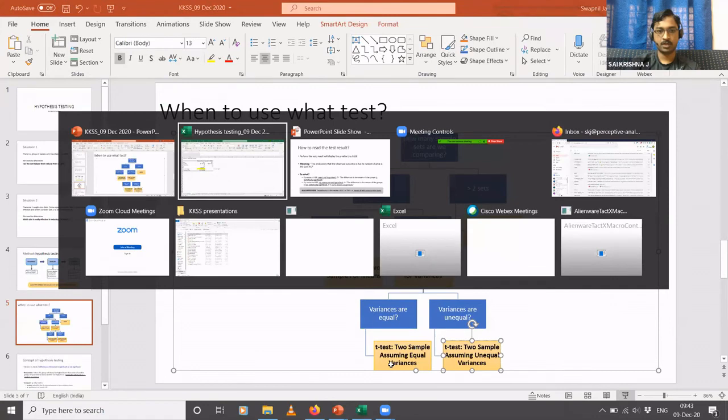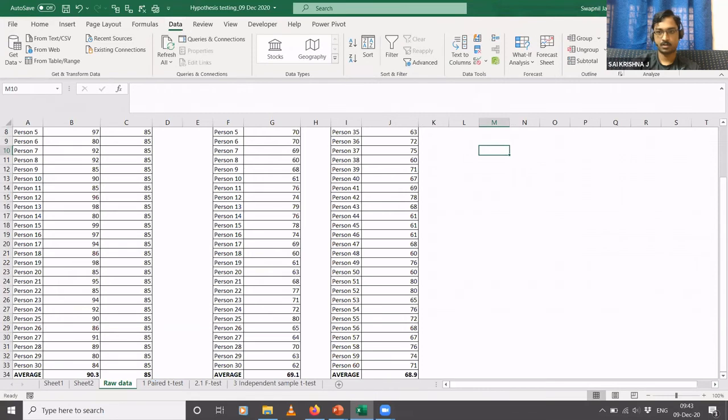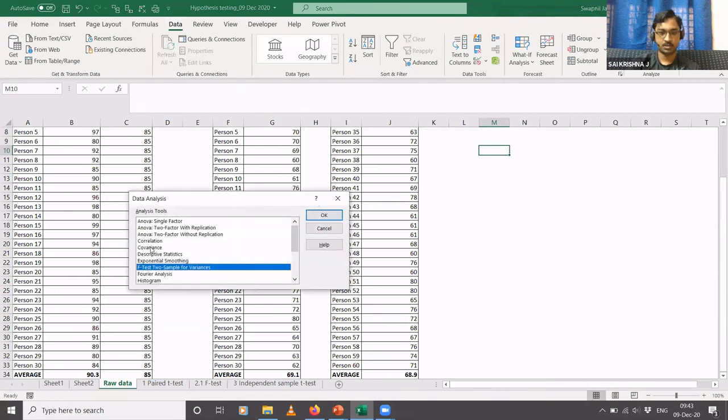How you do that is, when you come to this raw data here, you click on Data, then Data Analysis. It's almost the same procedure. Here you have t-test assuming equal variances and assuming unequal variances. Here our p-value is greater than 0.05, so we will assume equal variances.